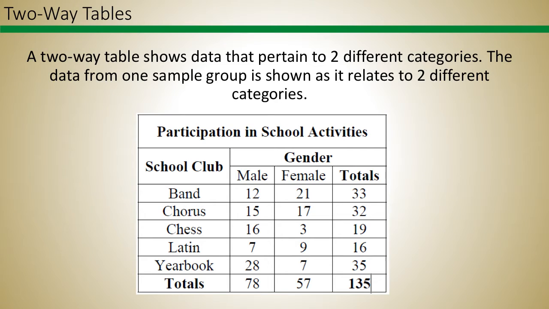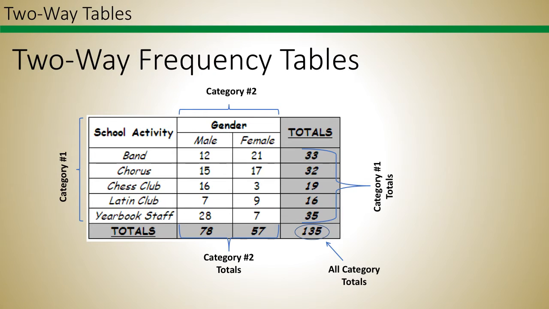Hello everyone, today we're going to be looking at two-way tables. Two-way tables are just a table that separates data that are grouped based on two different categories. So if we look a little bit closer at this table that we see here, some things that we can